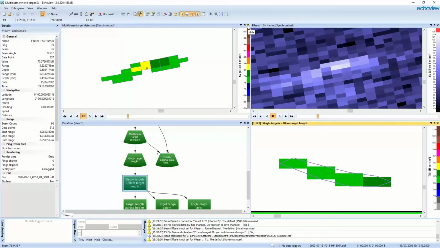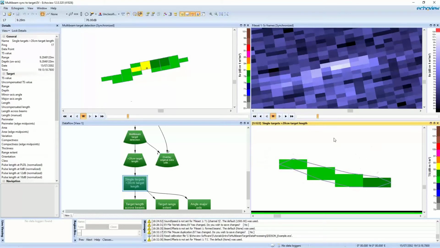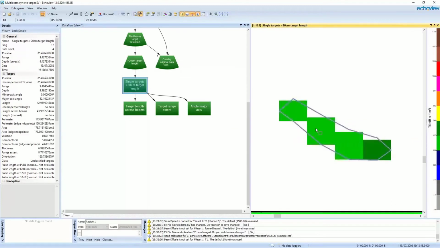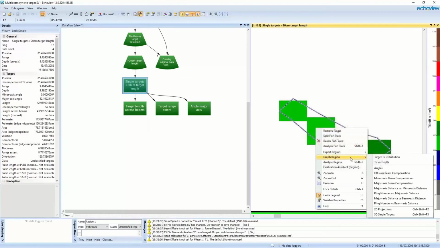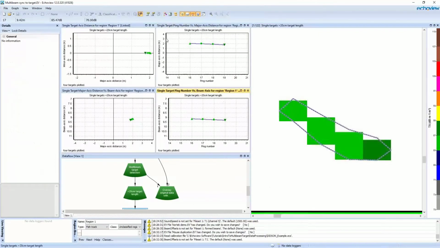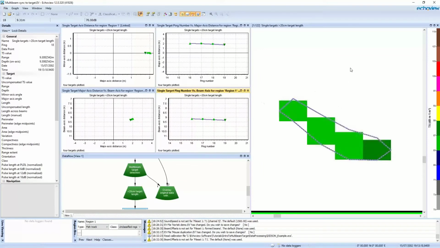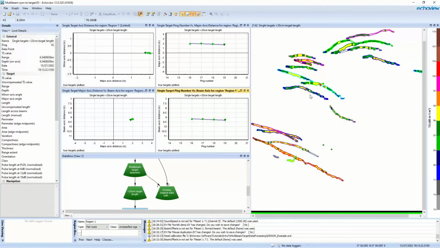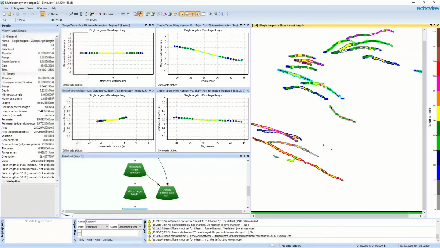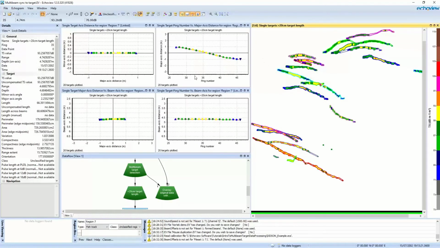And in terms of reviewing this data, we have a variety of graphs in Echoview, particularly for single targets. If I graph this region and look at 2D projections, this will launch 4 different graphs that we might use to explore these different tracks and ensure that we think these tracks are good quality. And we usually do that by clicking on our fish track regions and seeing the results update.